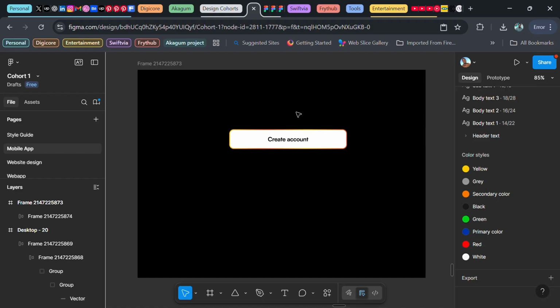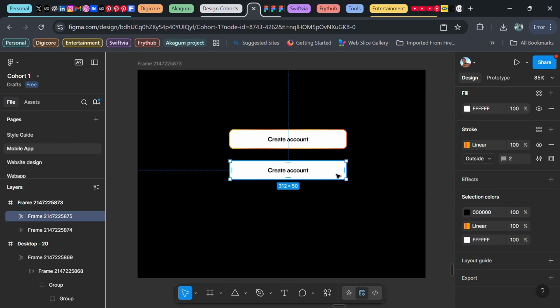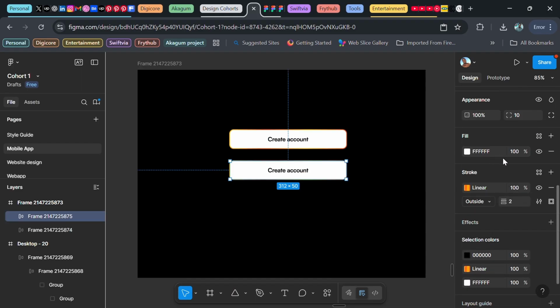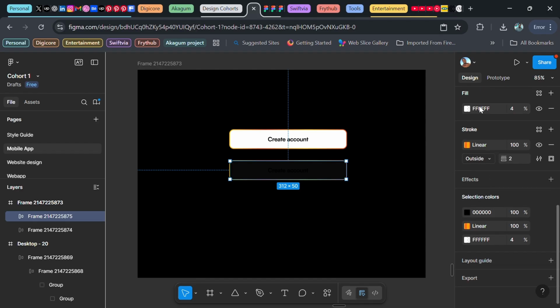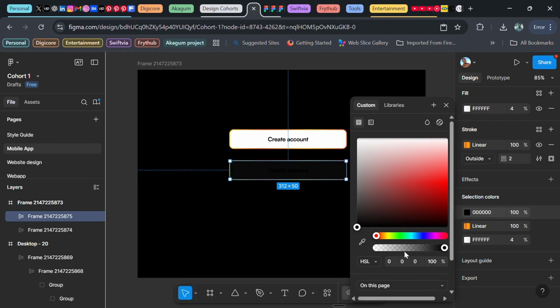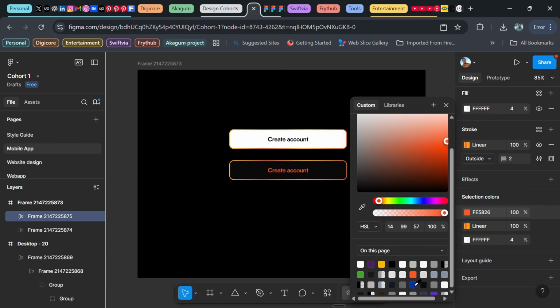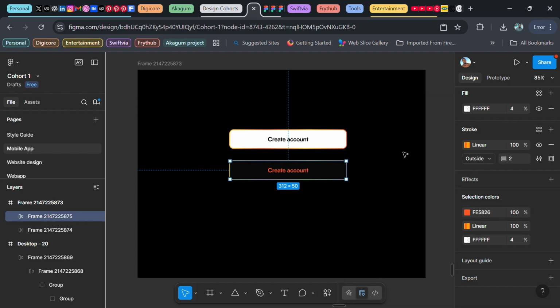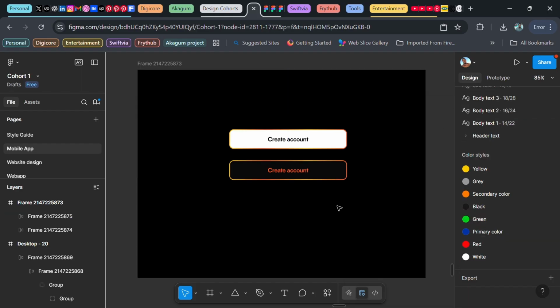And if you want to use this on probably a dark mode button, all you just need to do is remove the fill of the button. I could just reduce the opacity of the fill to like 4%. That's very subtle. Then I'm going to change the text inside from black, I'll just change it to orange like this. So like that, I now have a glowing button,